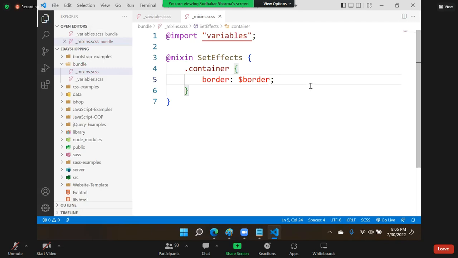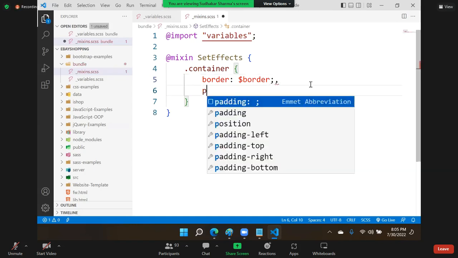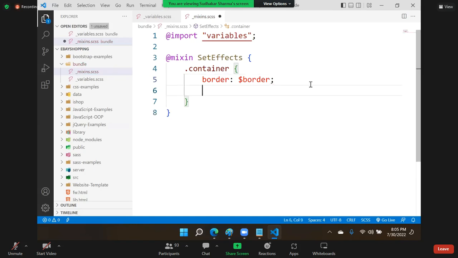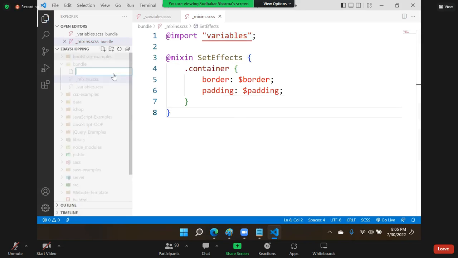We can have some padding. That means we are adding some padding. Padding can use a variable called padding, but these are coming from this file. Now what we do finally, we will create one file called styles